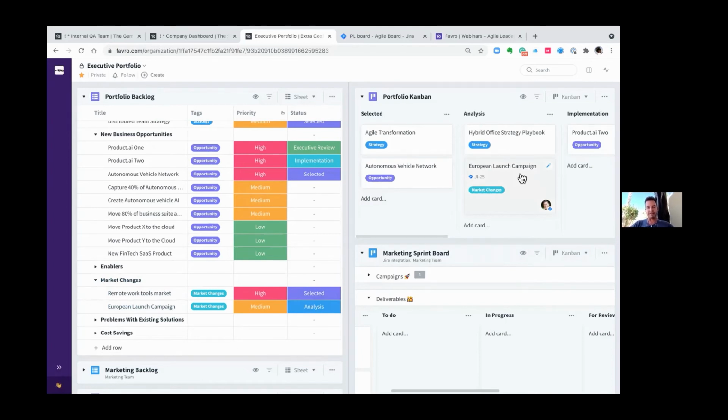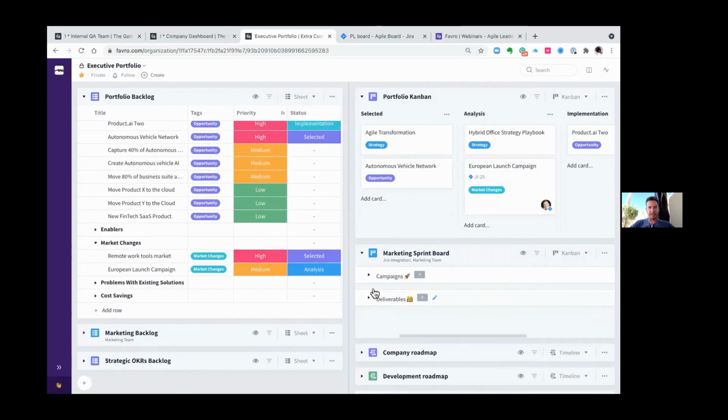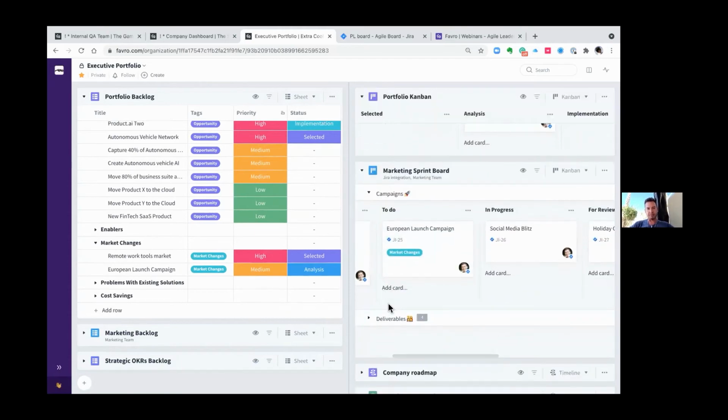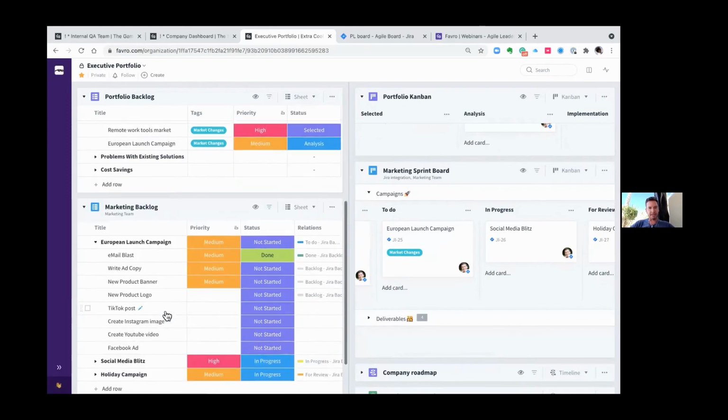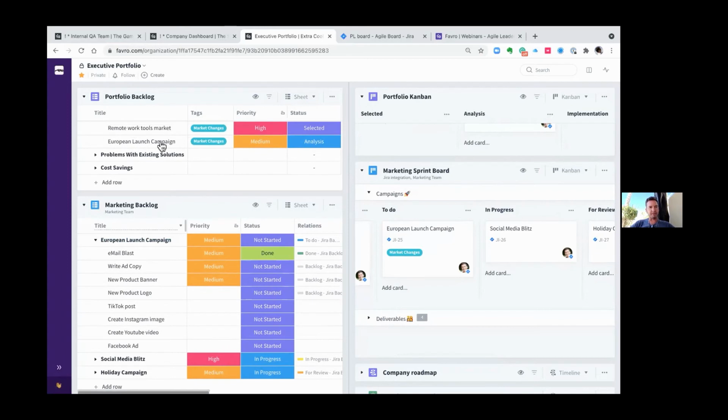at the analysis stage. Now, if I open up a different swim lane here back on this marketing sprint board, and I also open up the marketing backlog again, you can see that this same initiative, European launch campaign, which originated here, also exists here in this marketing backlog. And the marketing team broke that down into all the deliverables necessary for this launch campaign to be executed, to